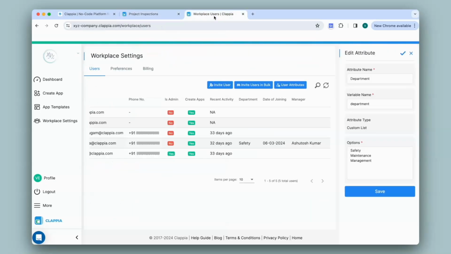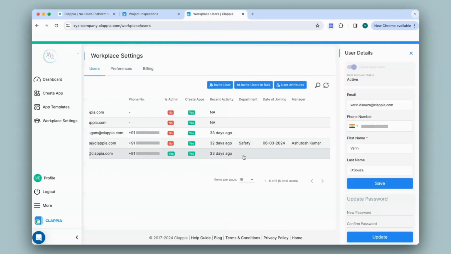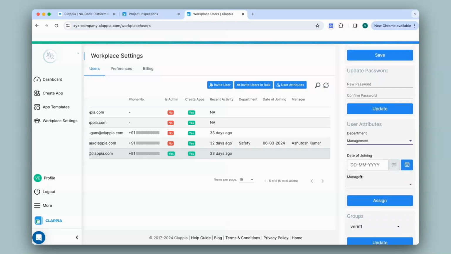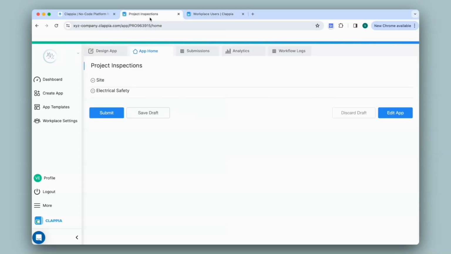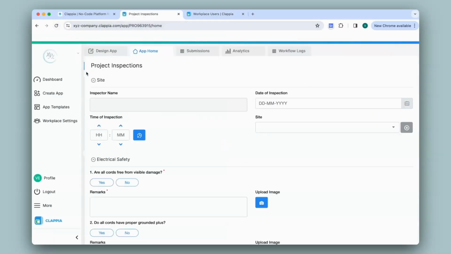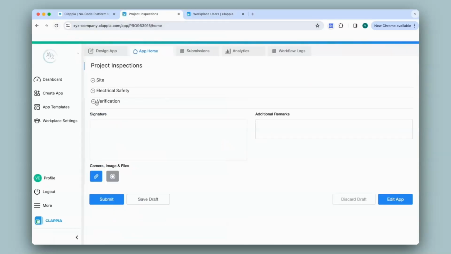That is because I have not been assigned any department. So if I were to assign myself the management department, so in user attributes, the department will be selected as management. I'll click on assign. That appears here. Now I'll go back to the app and refresh this. I'll minimize the sections, and you can see that the verification is now visible to me since I belong to